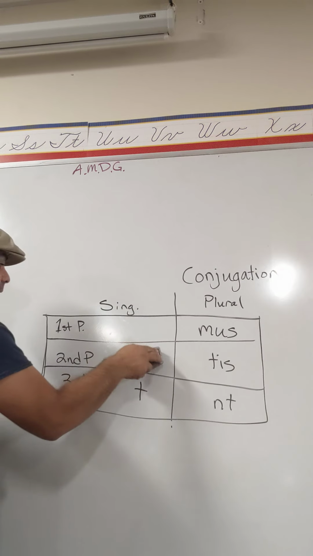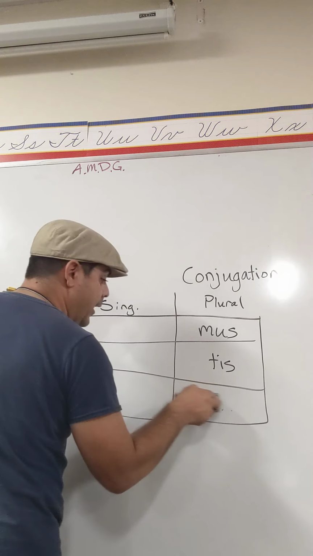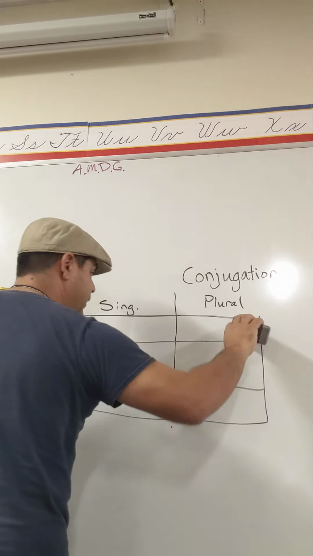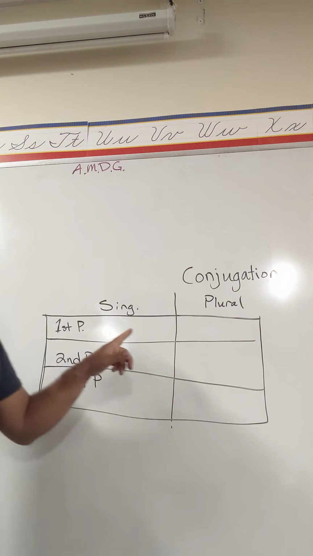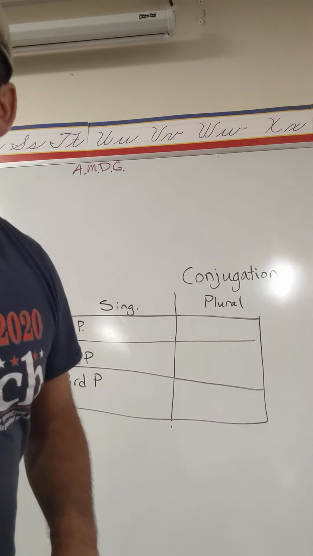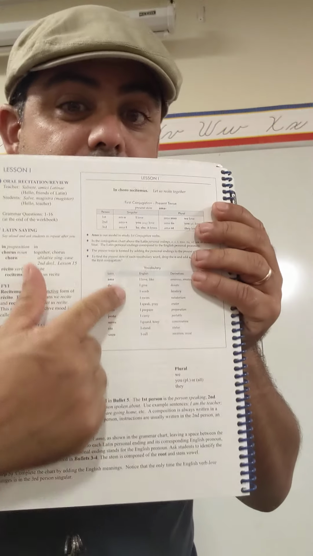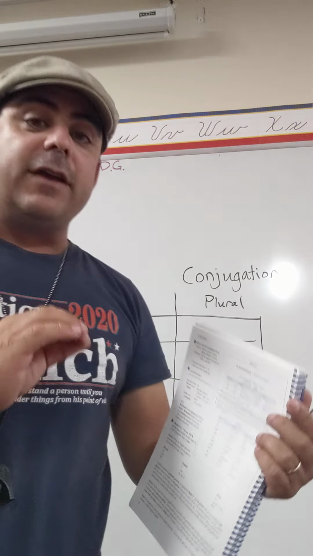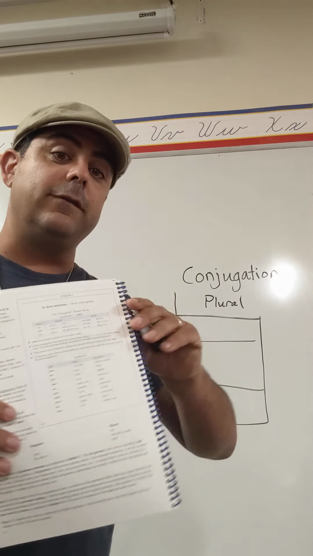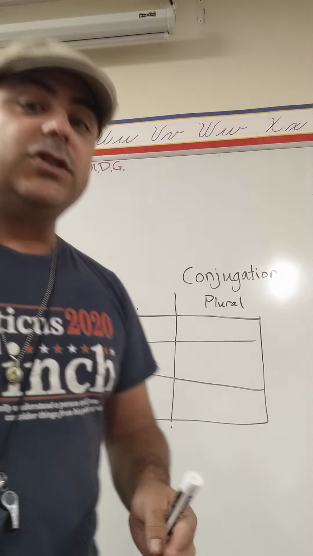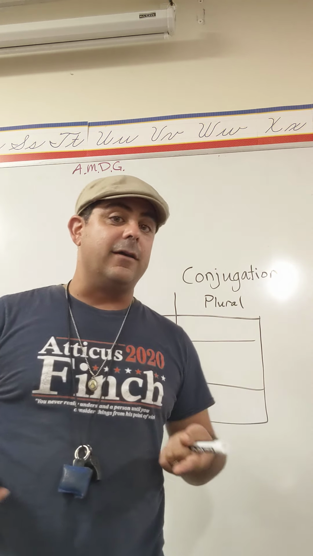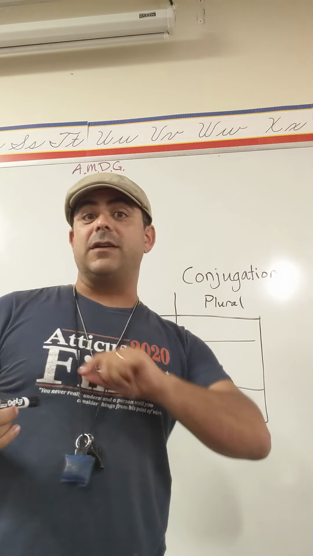You can see in the book it has the verb amo. Now for now, the verbs are going to be in the first person singular form. So if you look at the book, you'll see that it's got all these verbs here: amo, do, lavo, nato. Eventually, the verbs are going to be introduced in what is known as the infinitive, which means to do something. So instead of amo, which means I love, the verbs will eventually be introduced as amare,